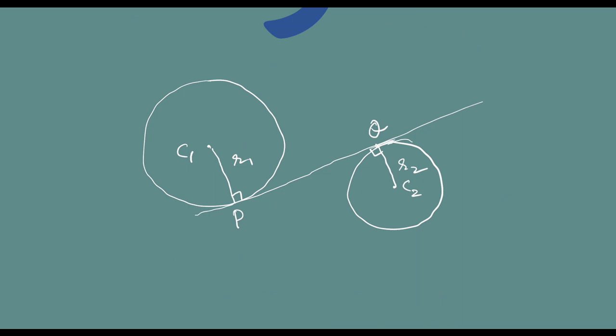Okay, now let us see the length of the transverse common tangent this time. Earlier we saw the length of the direct common tangent. And once again I have two circles. He gave me the circles. I know C1, I know C2, I know R1, I know R2. So circles are there having centers C1 and C2, and the radii are there. I am assuming points of contact as P and Q. So I have to find the distance PQ, the length of the common tangent. For that, once again, I join C1 and C2.